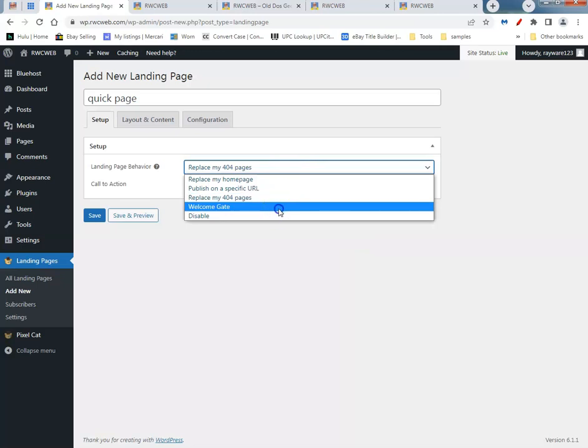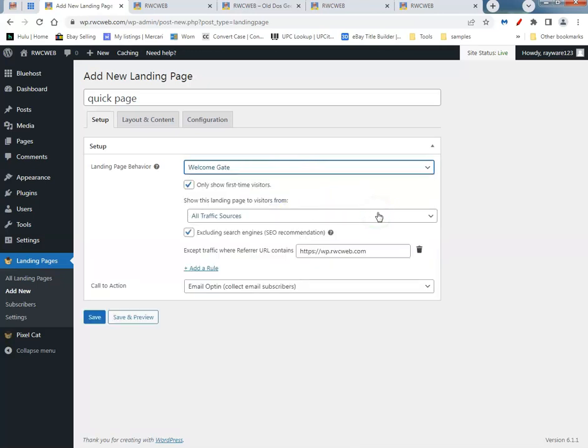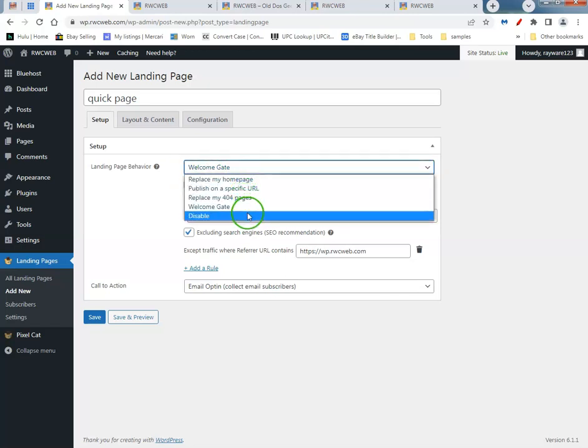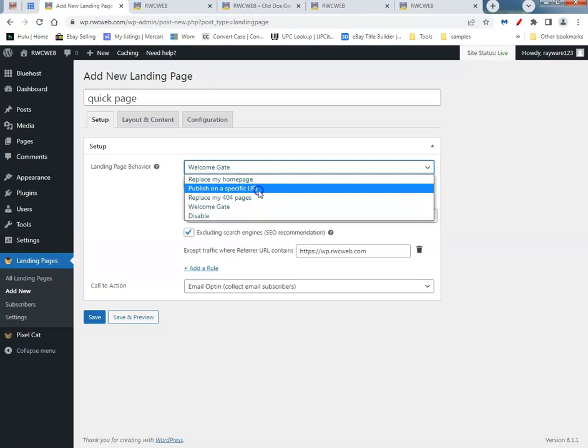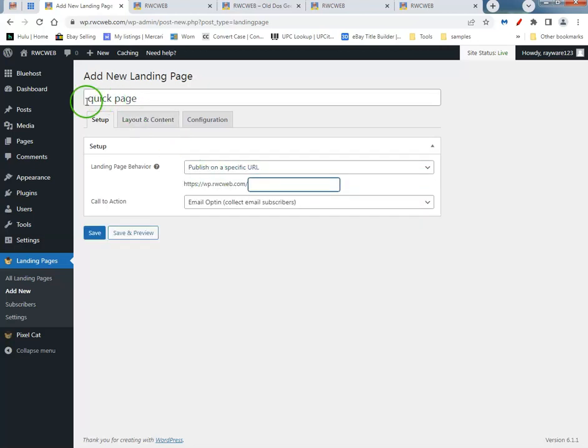Now, the welcome gate is basically going to force this page as your home page. Like say if it's a spam notice, or if you've gone to anything where it's adults only or members only, this is going to pop up first. Then you're going to give them different things to do there, but we don't particularly want that. Okay, what I want here, or you can just disable it and just use it for practice or whatever you want to do. I want it to go to a specific URL, so we're going to call it, okay, quick